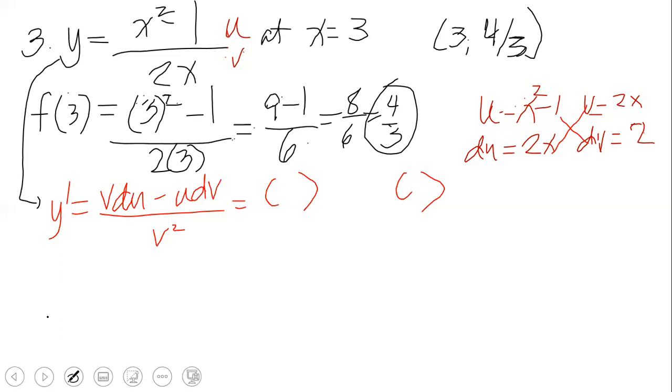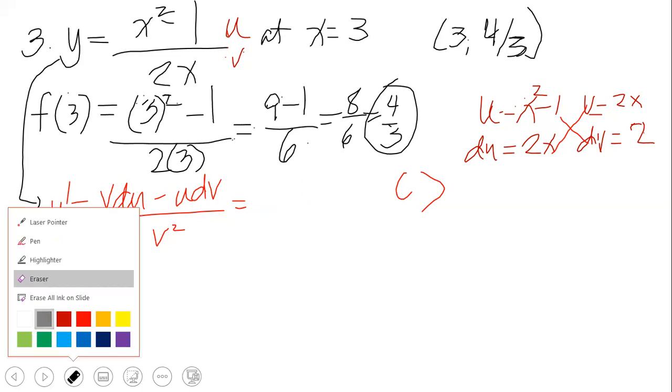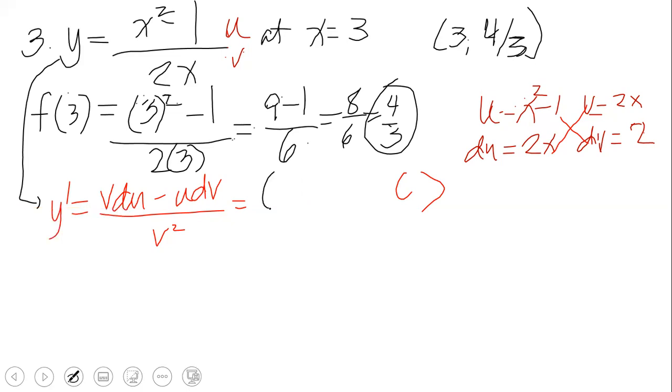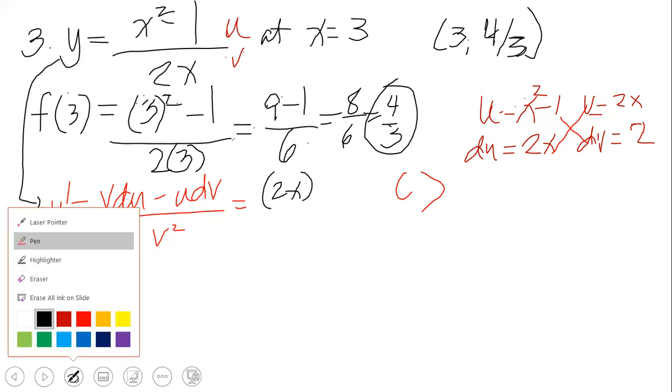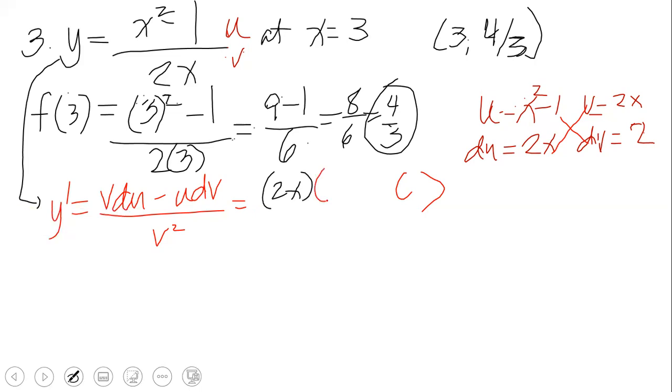We also have the original function v is 2x, v du times derivative of u. So let's have the v du first. So v, what is the value of v? So v is 2x. Then the derivative of du, which is also 2x,